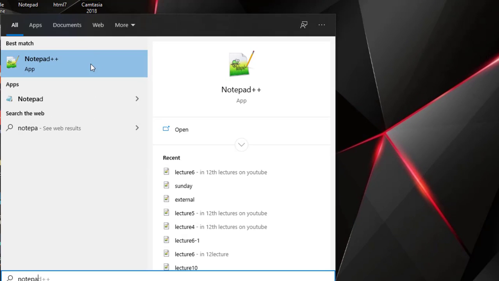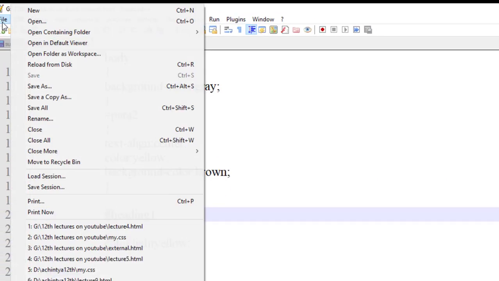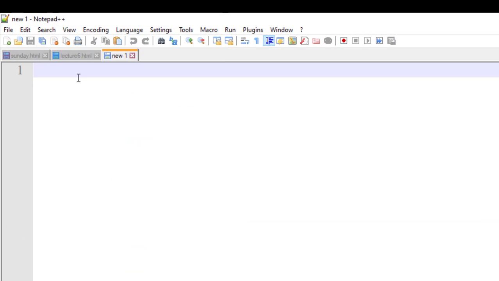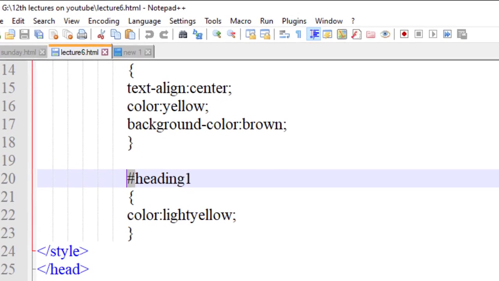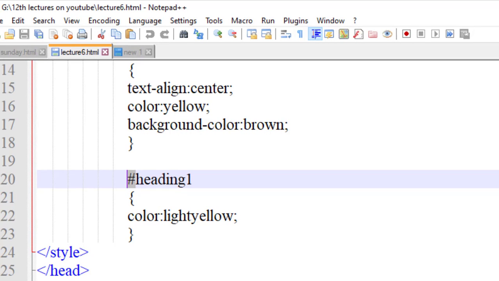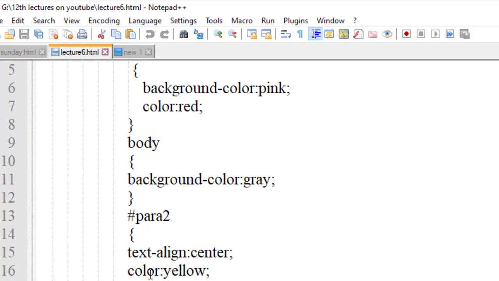In Notepad++, first take a new file. In the last lecture we saw how to create the ID. First we set the body, then we created the ID. Then by using the ID element, we did the modification.